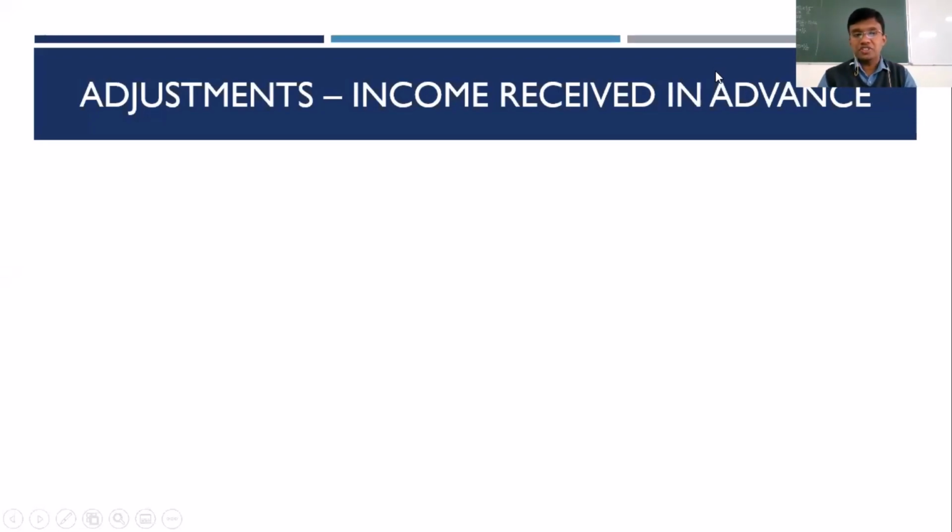The next adjustment that we would be learning is income received in advance. When it comes to income received in advance, this is quite tricky. This adjustment is a very tricky one. The reason being,